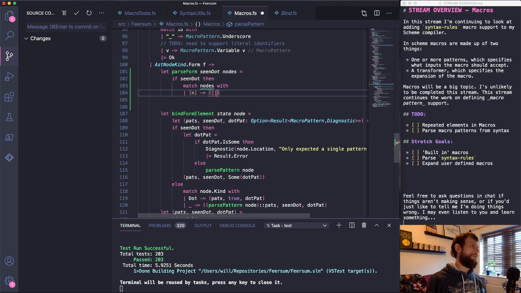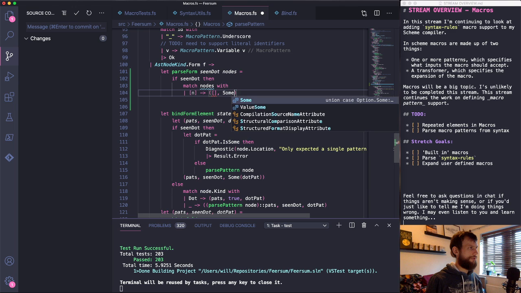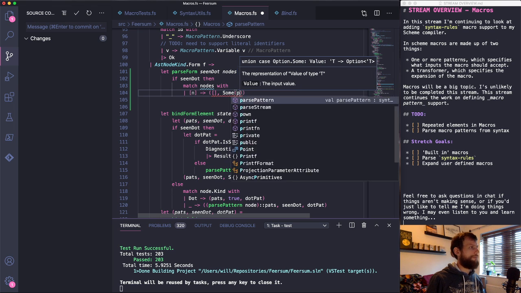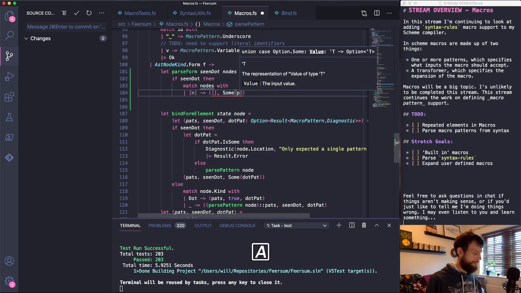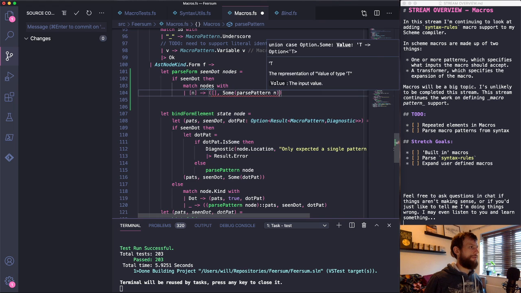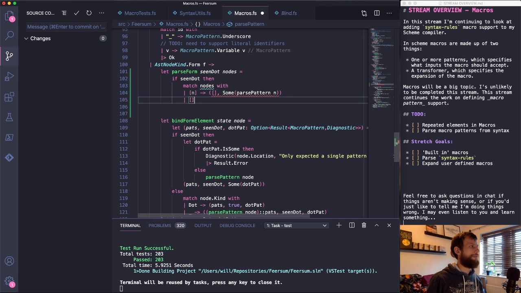We return nothing in the prefix, and we return some of parse pattern the node. So we try and parse the node if there was one. If there was anything else, we can say